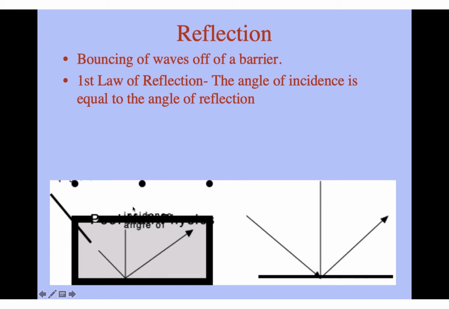Okay, reflection. Reflection means that the waves can bounce off of a surface, and when they bounce off, the angle of incidence, and that angle of incidence is this angle that it's striking at. Incidence is when it hits, is equal to the angle of reflection. So if you look at the picture I have here on the side, it's a little bit clearer. This is the angle of incidence, right? They always measure it from a line that goes perpendicular from the surface.